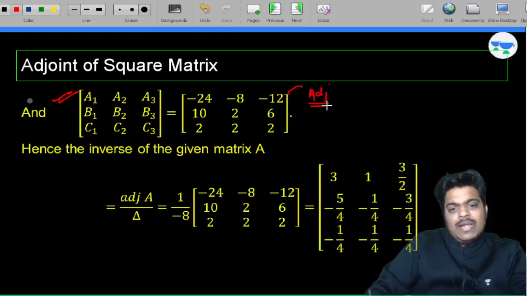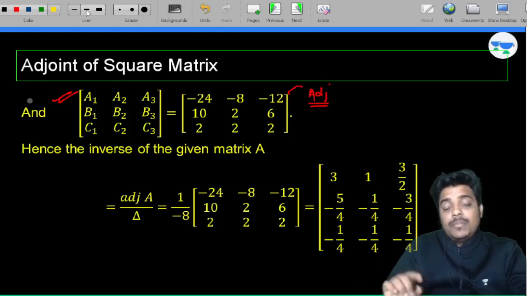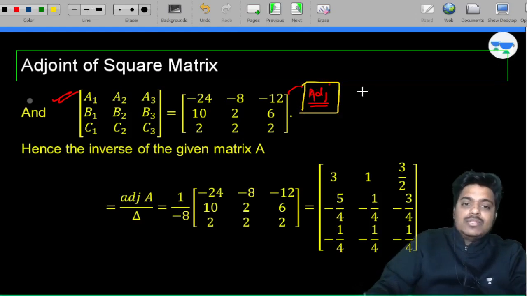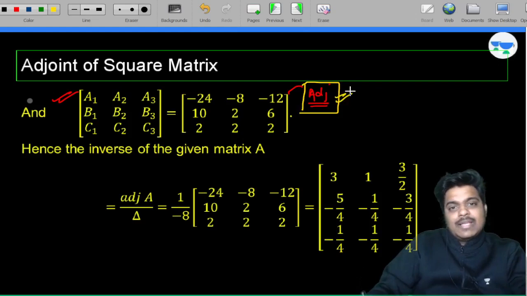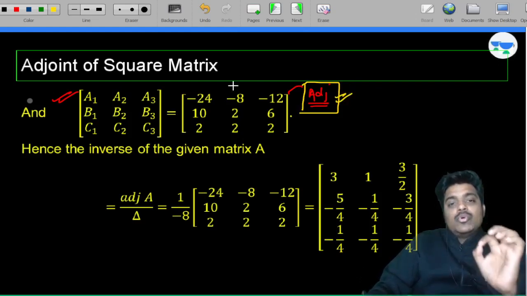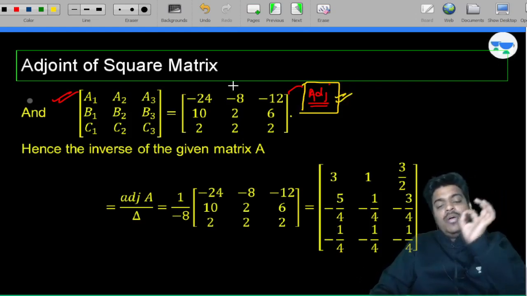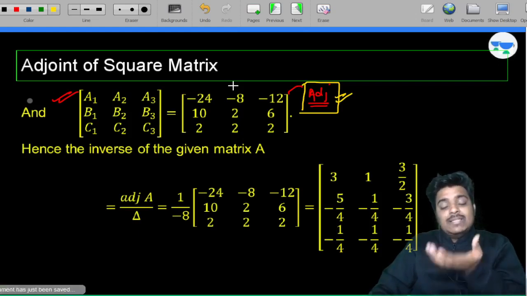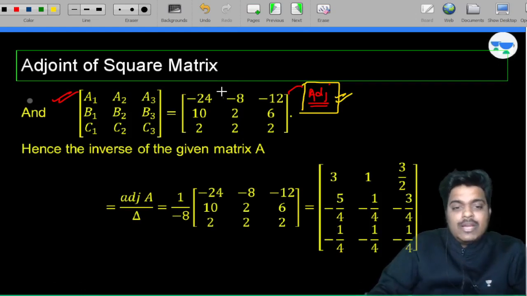This we have already learned in the last lecture as well, and here I am not going to make you solve questions because these are theoretical lectures. For your better understanding, I am solving a question, but I am not going to calculate. So you got the value of the adjoint matrix. You calculate the cofactor for each value and fill those values with cofactors. You have a 3 by 3 matrix of cofactors. Now transpose this matrix to get the adjoint matrix.